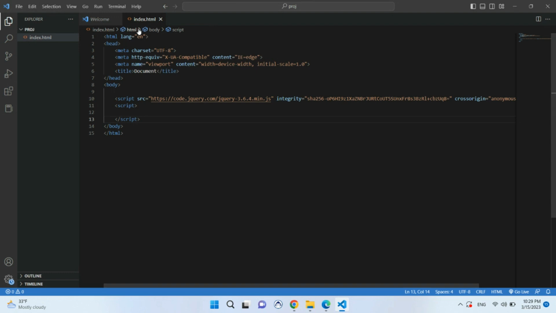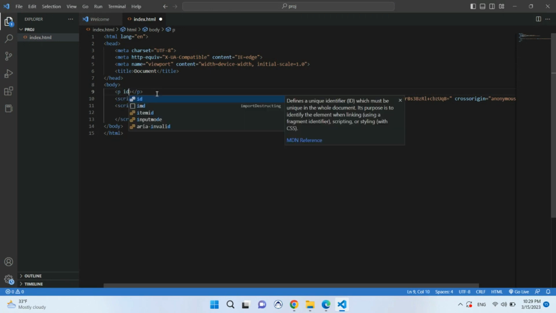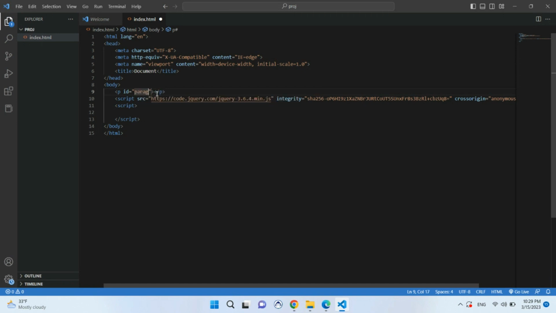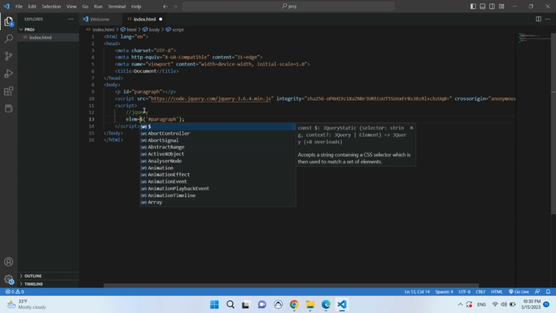So we have an index.html file and we have the jQuery CDN. So let's start. Finding HTML elements by ID. I create a p tag and set the ID paragraph, and copy this. With jQuery, we get the element by ID with this syntax, paragraph, and so for example element is